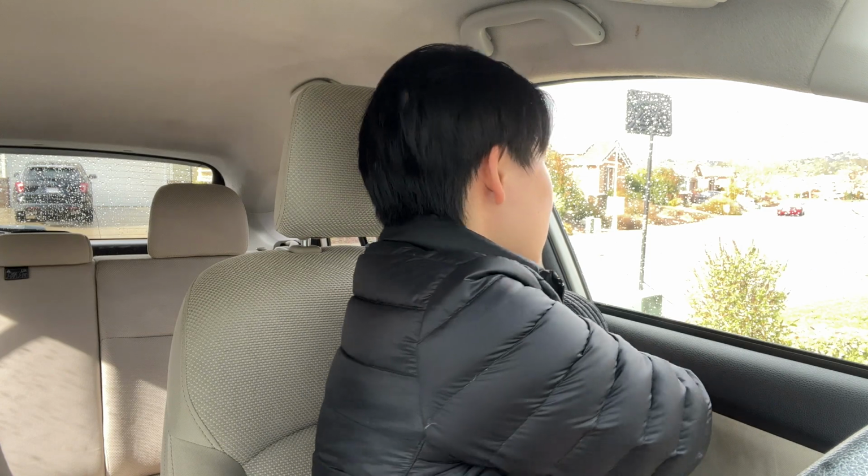We are now in the XV Crosstrek. Let's start this car. Yeah, last night was very cold in California. It was really basically snowing, so I think the car's engine is pretty cold. I am gonna warm the car because I'm a responsible individual. This car is my partner's car. She bought it when it was around 92,000 miles, and now it's